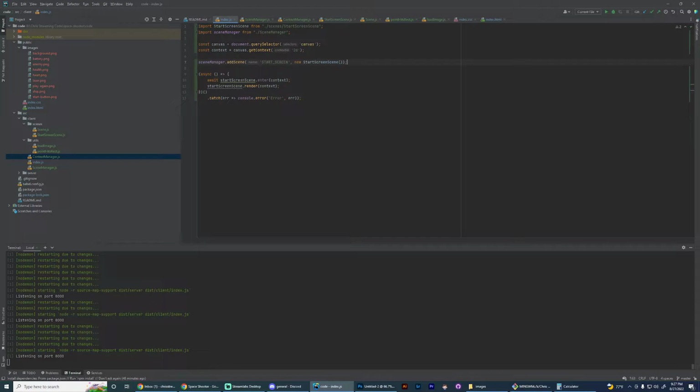Okay, and then we'll call scene manager.changeScene to start screen. And we have to await that, which, if we need to await it, it has to go on our async. So we wait for the change screen to happen, which is basically the same as this, and then we can render it for the first time. So scene manager dot